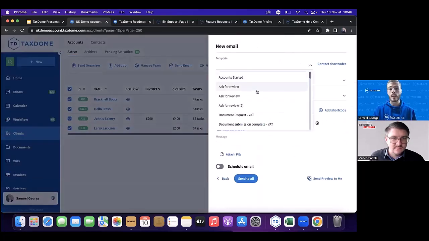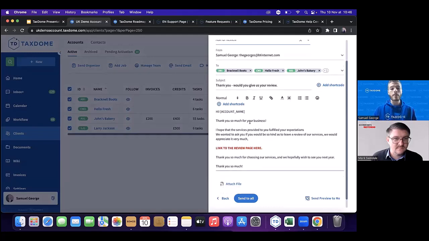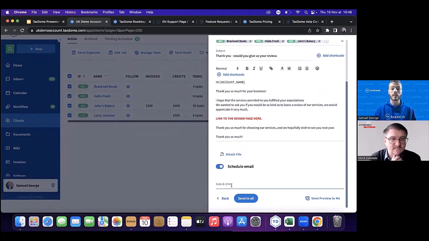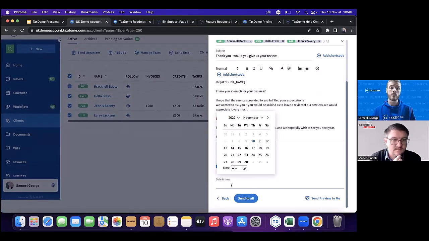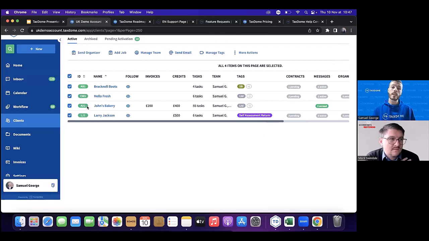I'm then going to select a random template. You may notice that we have shortcodes which can be used for personalization in your emails. And let's say perhaps I'd like to send this email at the end of next week. If I scroll down, we also have the option to schedule our emails by simply selecting a date or time that's going to be processed for us. Let me just hop back to the page, and right now we're going to take a deeper dive into our